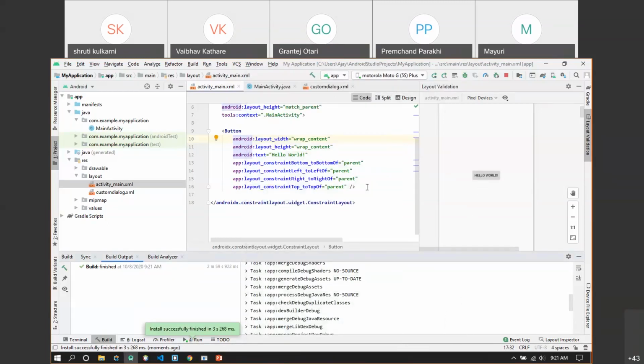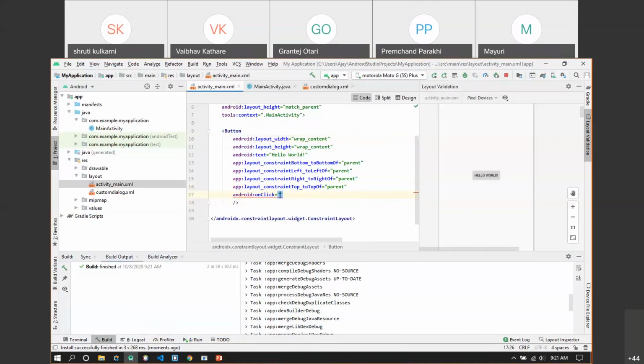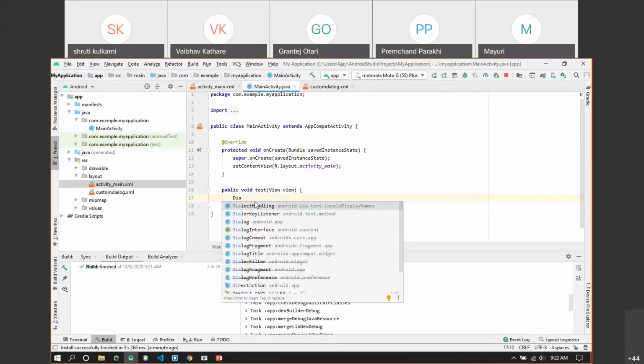So what we'll write here is onClick. Okay, we'll generate an onClick event. So I can say onClick and we'll call our own custom method. So let the method be test. Okay, now the method has to be generated in our Java file. So we'll just click on this bulb and create this particular method inside MainActivity.java. Okay, the dialog with our custom content. So the method is very simple. We just have to create the object of class Dialog.